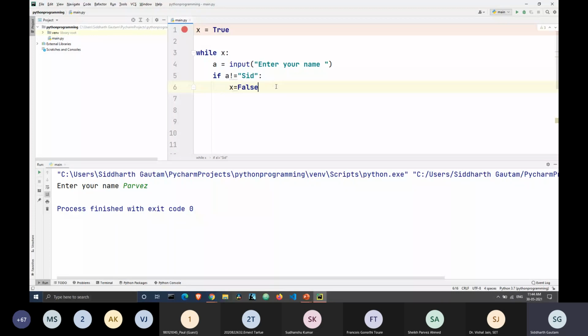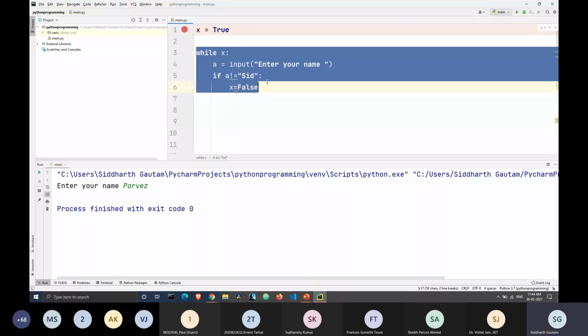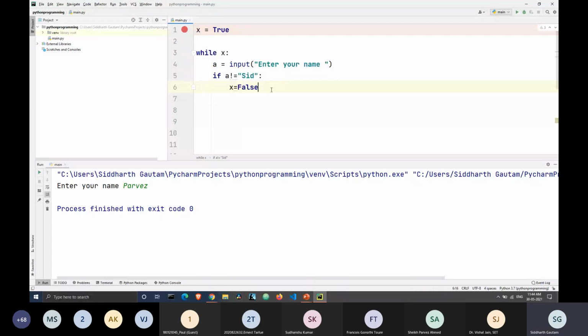In this case the program already knows my name, and if it detects that I entered somebody else's name, it will exit the while loop. But I cannot do this program using a for loop, right? Because I'm checking for a condition.